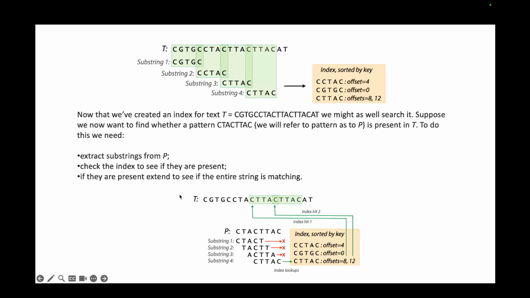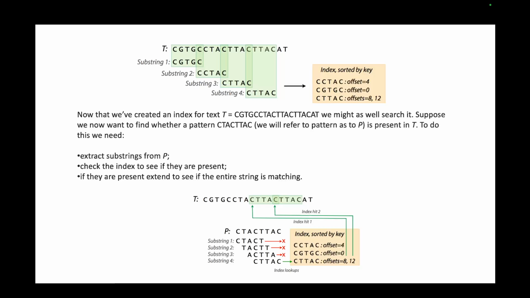Now let's consider this example. So this is your string, which is given by this sequence, and these are its substrings. So like 5 letter substrings across the whole sequence, or whatever sequence you want to do. So these are the 4 different substrings. So now that you have created the substrings, you would want to know where the substrings are present inside